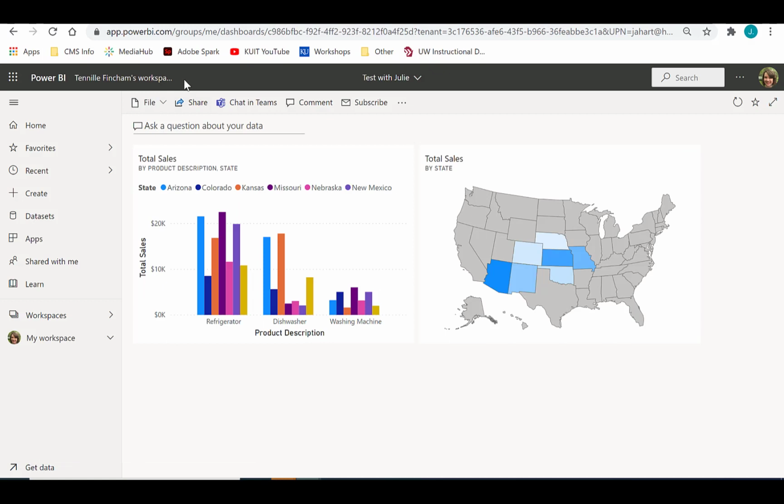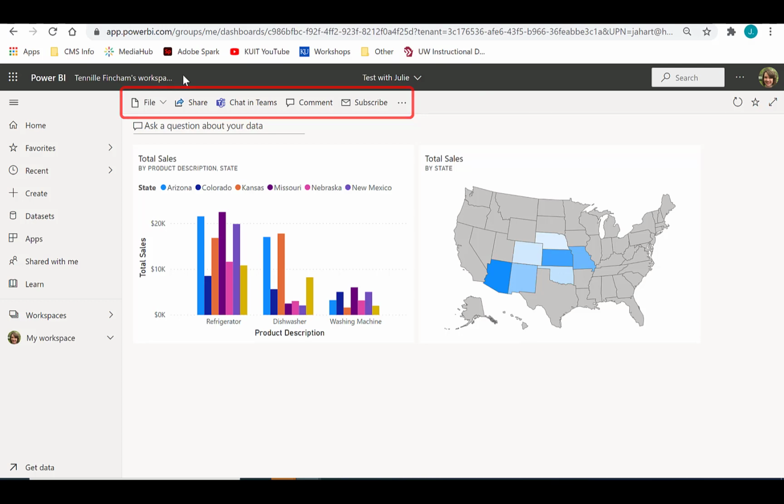When a dashboard or report is shared with you, you may or may not have access to pass the dashboard on to someone else and/or to create reports of your own using the original datasets. If you have been given permission to both share the dashboard and create your own reports, your top menu will look like this. If you have not been given permission to perform one or both of these actions, your top menu will have fewer options.